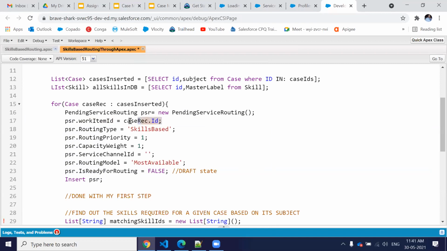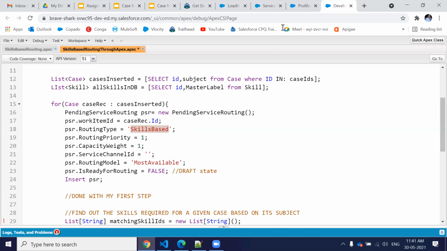So you have to provide that ID. Right now we are using the case object, so we have to provide the case ID. For routing type, we are using skill based routing, so we have to provide skills based. Again, it's a pick list, the routing type, so you have to provide skills based. This is the pick list value.